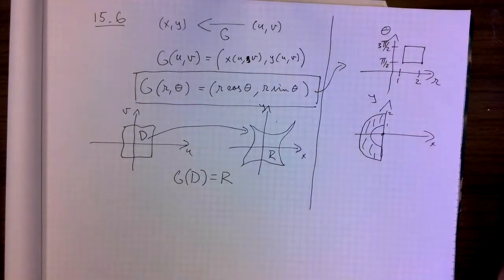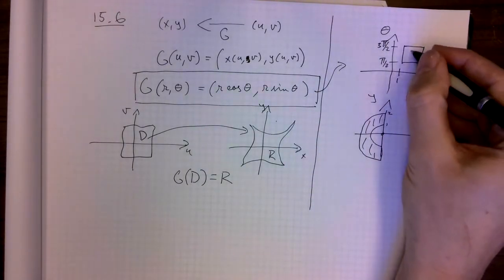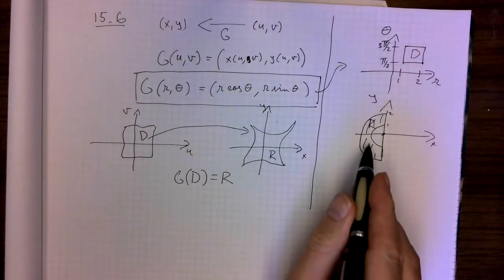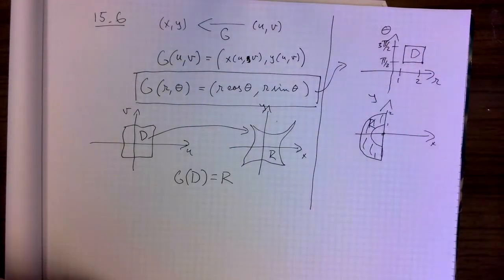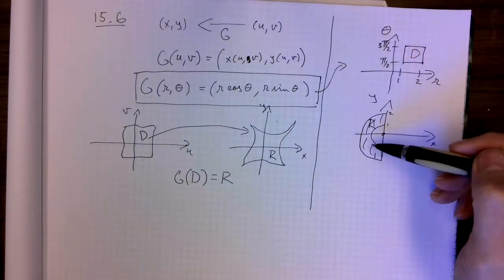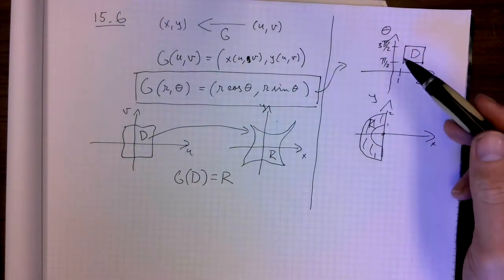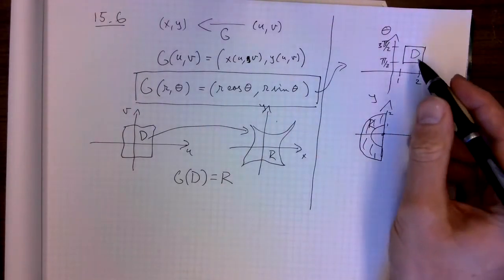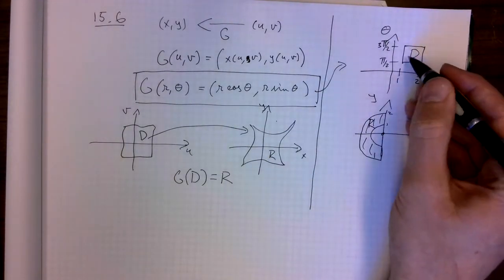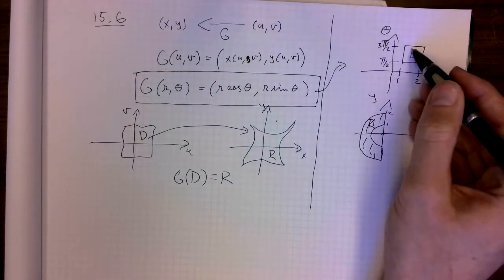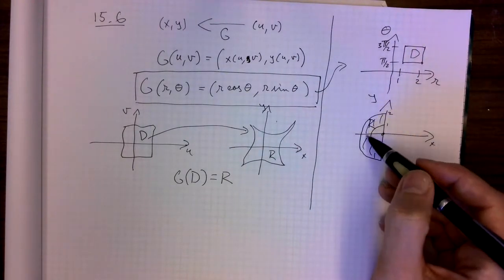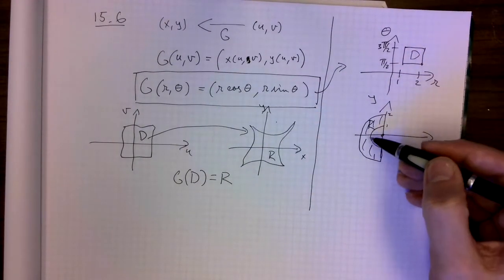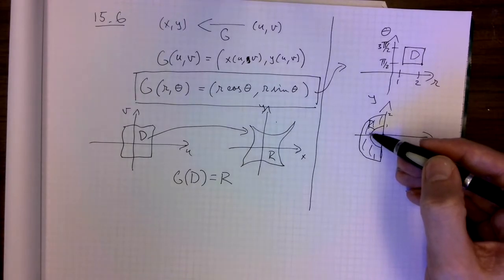This is at 1 and 2, right? So this would be my D, and this would be my R, right? And you saw that if we wanted to integrate over this, we integrate over this D, right? And you can maybe more see why we'd call this a polar rectangle, because it's a rectangle over here, right? You can also see that it is, as we said, one-to-one. For each point over here, it goes to exactly 1 point over here, and no other point in D goes to that point in R,